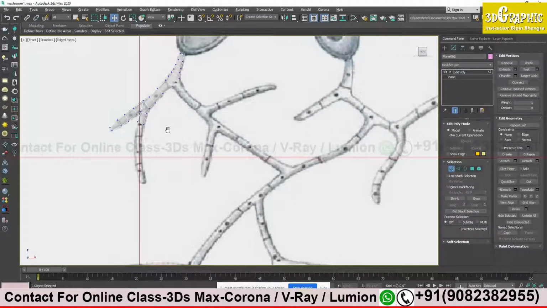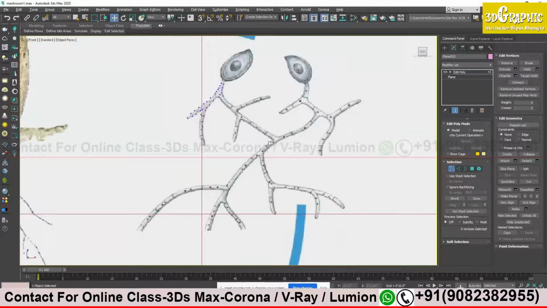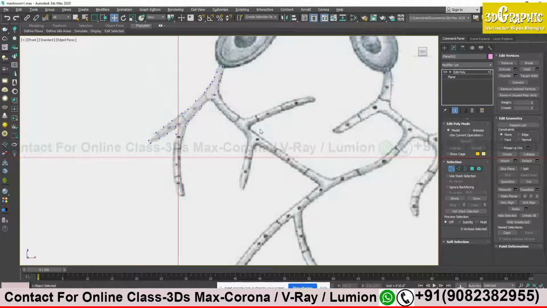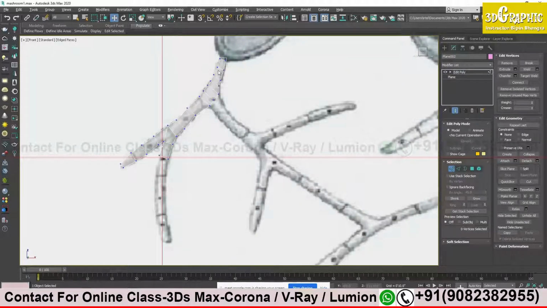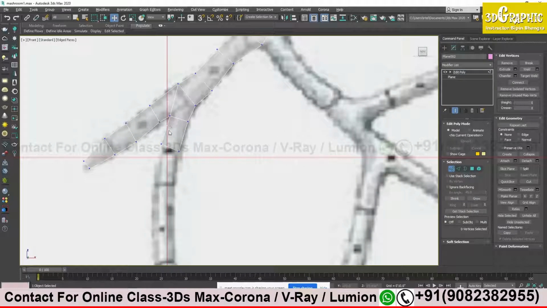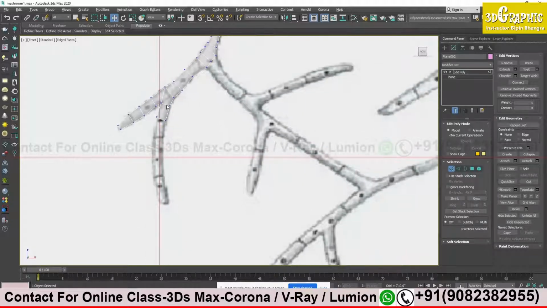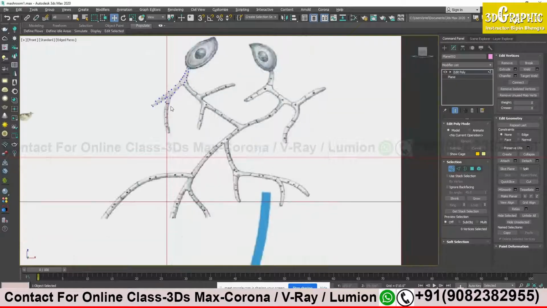Yeah. So this portion which I did, you practice that yourself and try to create the entire body with the same step, the same process will be followed everywhere. Where it is a straight line, you just have to shift and drag and adjust the vertices. Where there is a partition, just focus on one line and try to create an edge for the other line, and then you can click and drag easily to create the other extent of the line. That is clear with you?